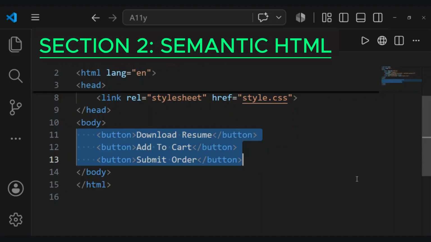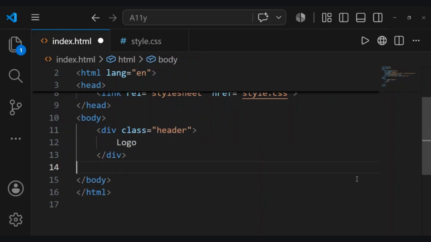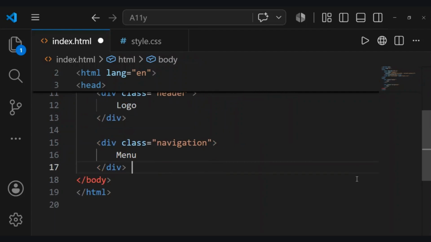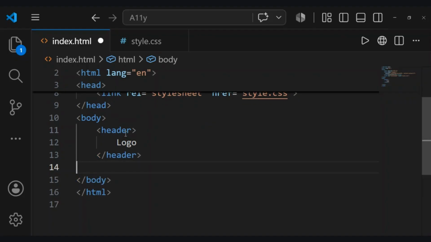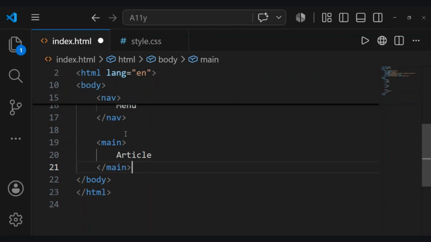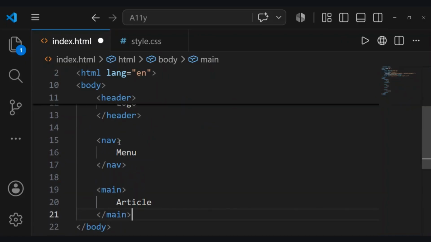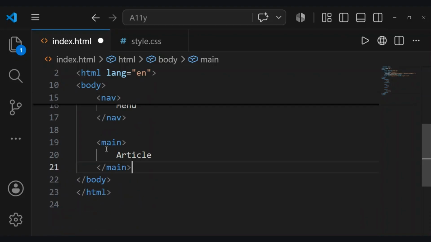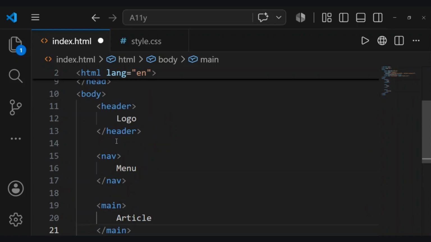One of the biggest accessibility superpowers is semantic HTML. Remember when we talked about avoiding div tags for everything? This is exactly why. Semantic elements tell browsers and assistive technologies what each part of the page represents. Instead of using generic divs for your header, navigation, and content, use proper HTML elements like header, nav, and main. The visual result may look identical, but screen readers instantly understand the structure. They can tell users where the navigation begins and where the main content lives. That's a huge advantage. Semantic HTML is one of the easiest and most valuable accessibility improvements you can make, and